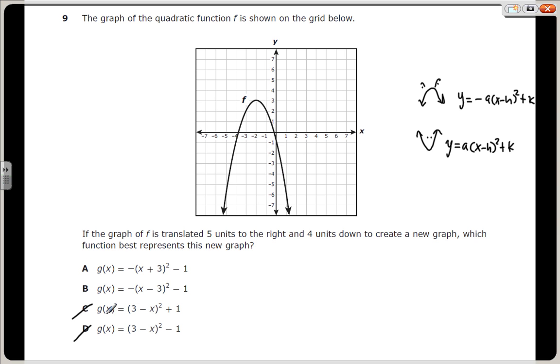So how do we know which one is correct? Well, all I'm going to do is simply move the vertex, because these equations are generated using the vertex, right? So I'm going to move this vertex. This vertex right here is 3, negative 2. I'm going to move it 5 units to the right: 1, 2, 3, 4, 5. And I'm going to move it down 4 units: 1, 2, 3, 4. So that gives you the new vertex of your